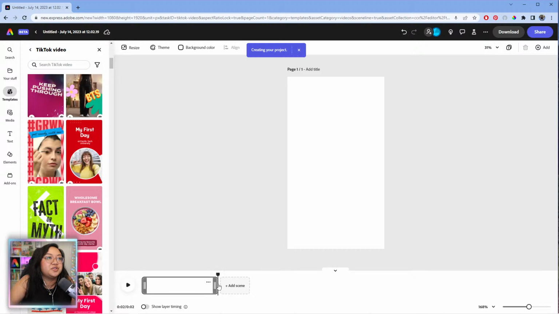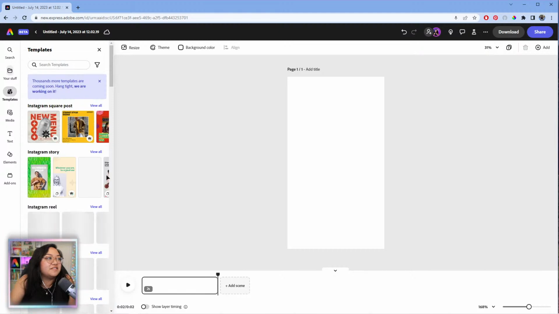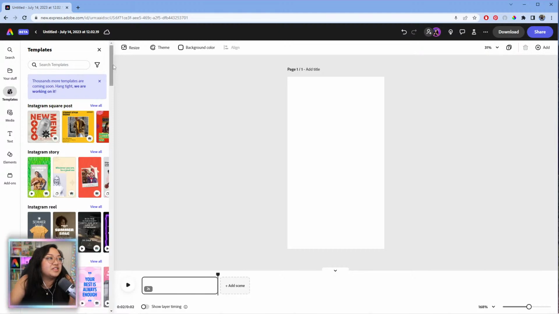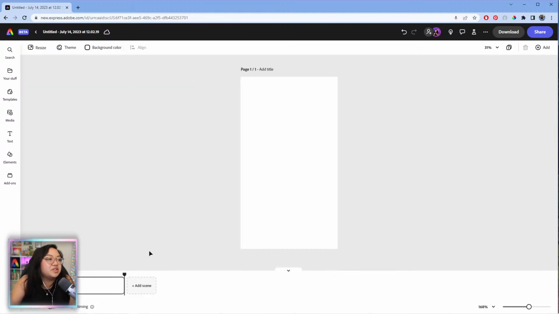For those of you who have not played around with the video features yet, I'll do a quick little rundown of what's going on here and how to get started. Again, of course, you can use one of the templates, but let's just close off this menu really quick. We have this timeline down here, and it basically shows different scenes.